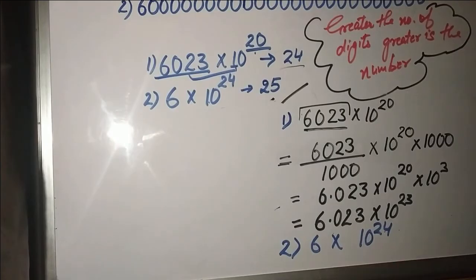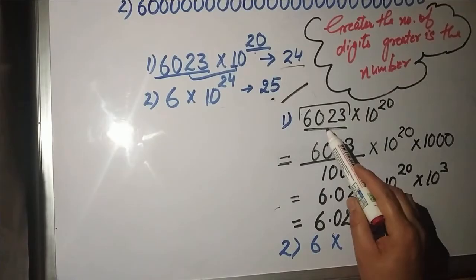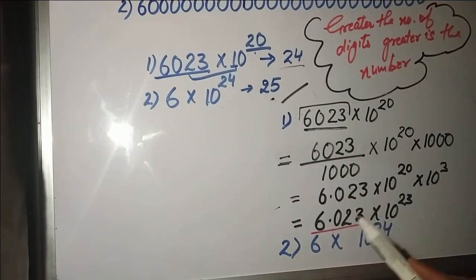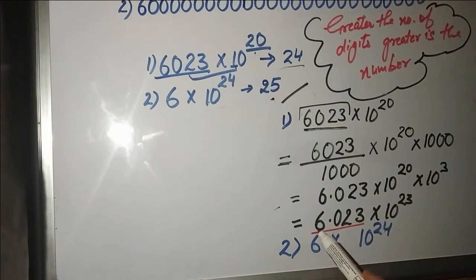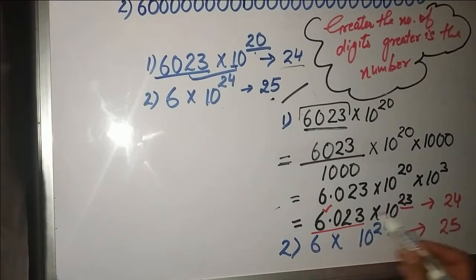Now coming to the question, why did I do this with this number? Because if I write every number in this format, we won't have a 4-digit number here, we will have only a 1-digit number here. Then it's easier to compare the numbers. Now, how many digits are there? 23, and this is one more, which is 24. So in total, there are 24 digits in this number, and here they are 24. So we can compare from here only.